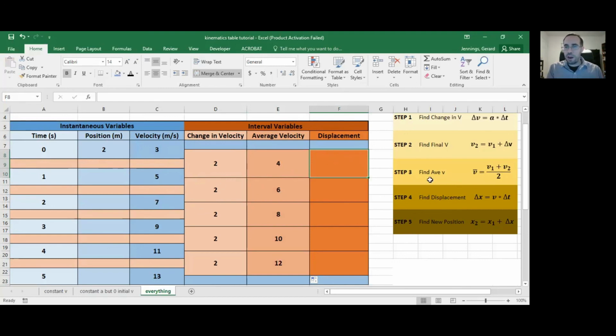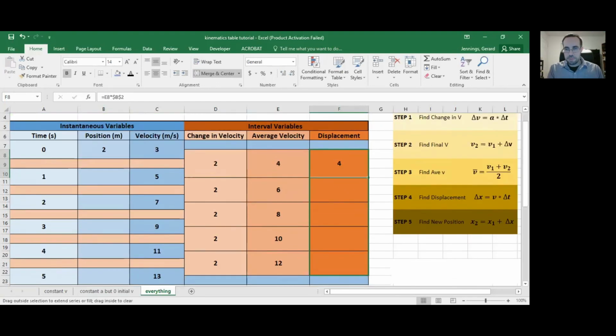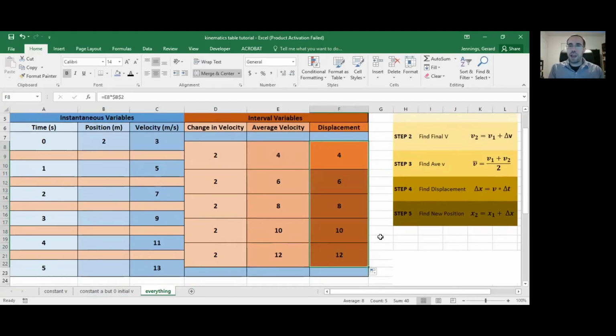And once we know our average velocity, we can find the displacement. Because we're using a time interval of 1, the displacement has the same value as the average velocity. If you go 8 meters per second for 1 second, you're going to travel 8 more meters compared to wherever